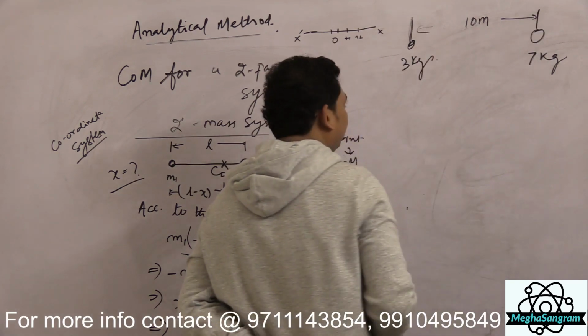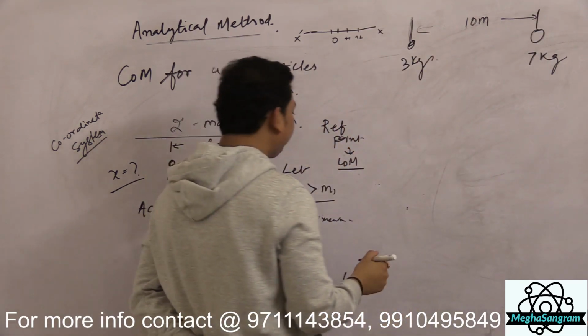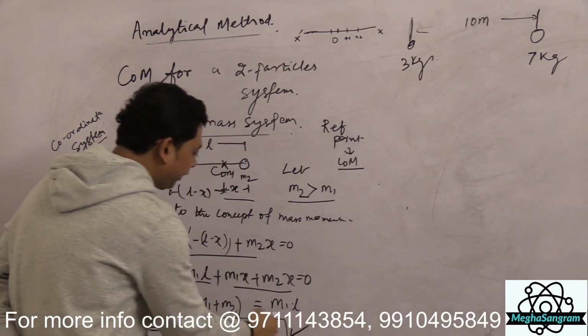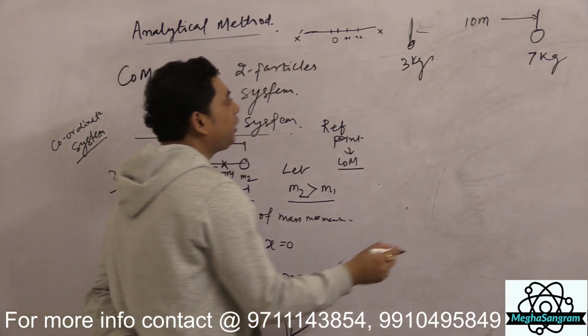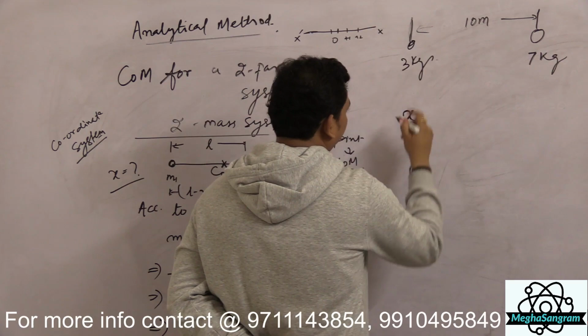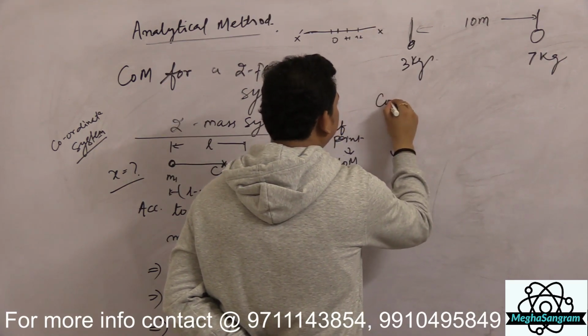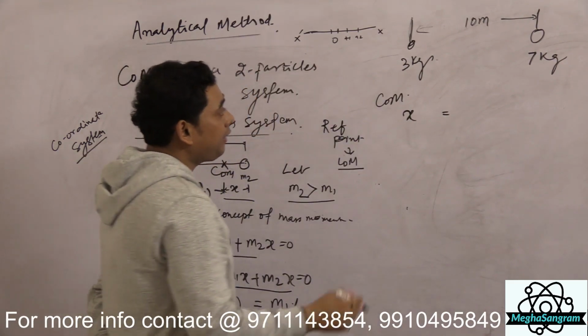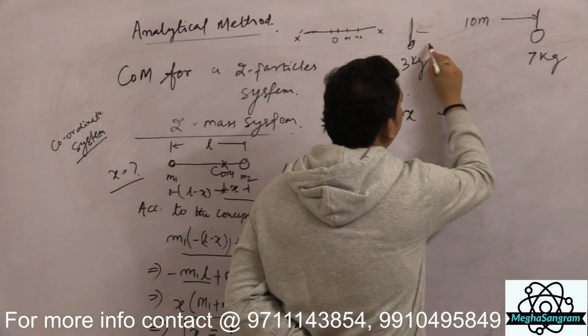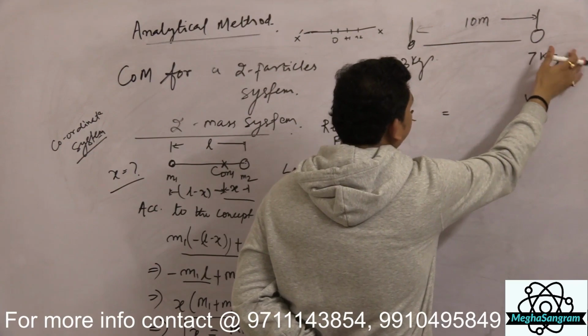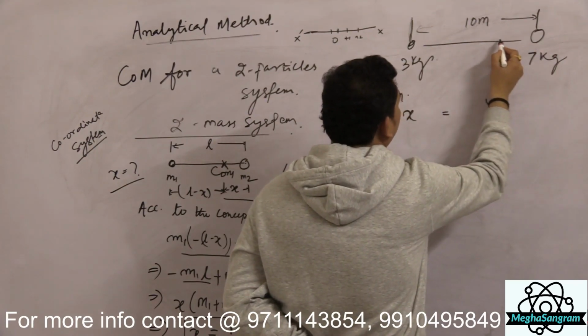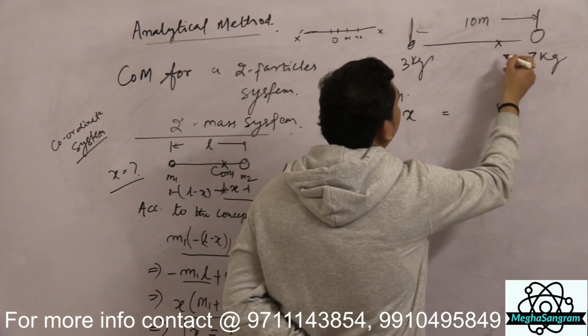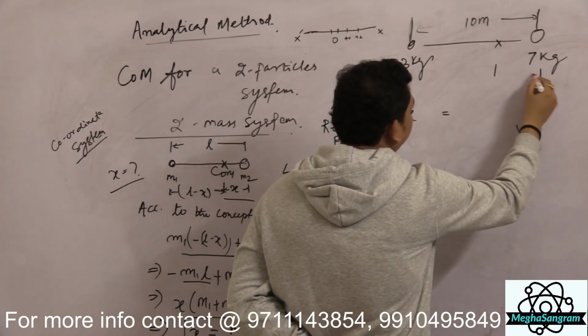Okay, in that case, as per the concept we have learned, what did I tell you? We can directly calculate the location of the center of mass, which I am taking as x. If I assume by observation, I can say that since 7 kg is heavier than 3 kg, the center of mass is located here, at x distance